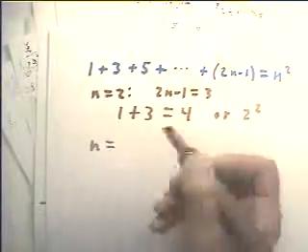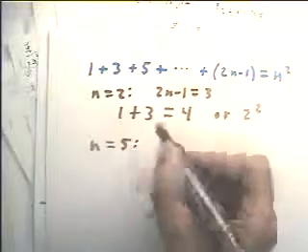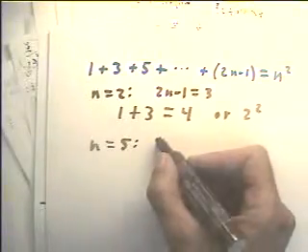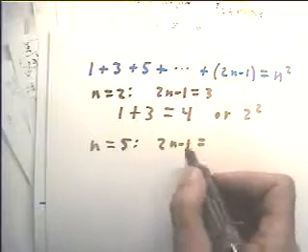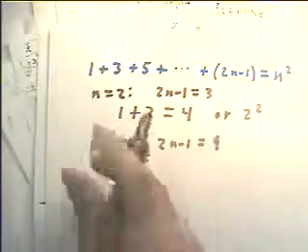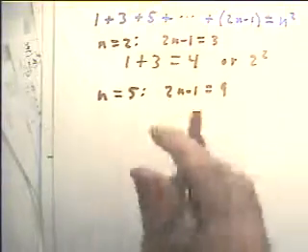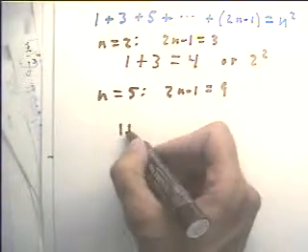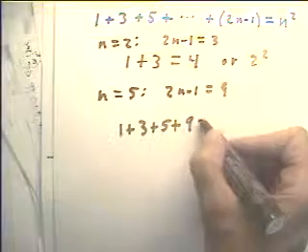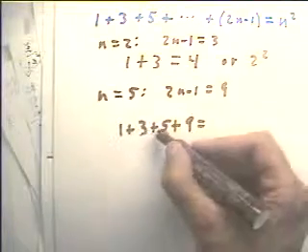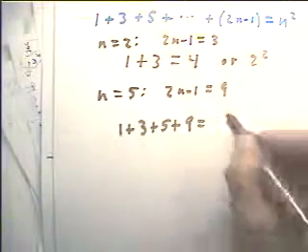Let's try a larger number. Let's try n equals 5. Then what's 2n minus 1? Well, 2 times 5 minus 1 is 9. So we'll continue the sequence up to 9. Okay, we'll add 1 and 3 and 5 and 9. Now you can add that up better than I can. But if we add all these up,